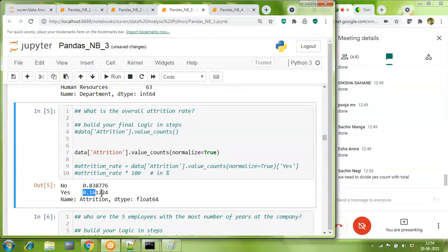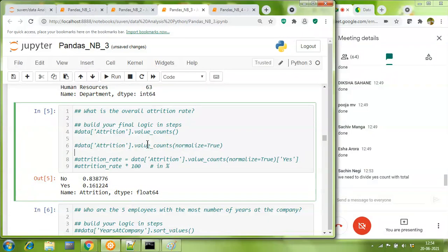Again, from this, the attrition rate for me is 16%. So I have to report 16% to my HR manager. Otherwise, she would fire me. She said, you are working as a data analyst, you should be able to give me the answer to the question I have asked you. I'll say, yes, ma'am, I have to.